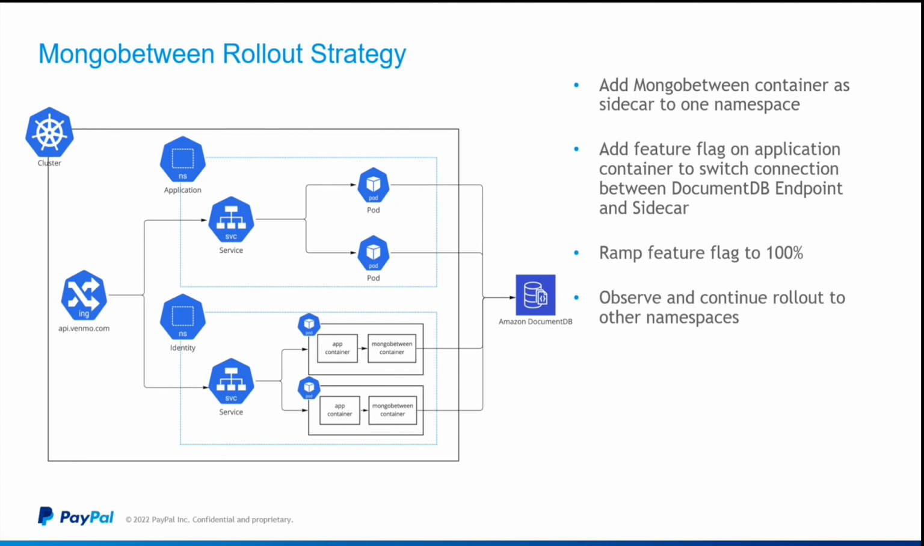In that step, only container spin-up was being done. The application container continues to connect to DocumentDB directly without connecting through the Mongobetween container. Once we confirm that the Mongobetween container is up and running without any issues, we have a feature flag in the application container. When that feature flag is turned on, it will start routing the connections and the queries to the Mongobetween container, which